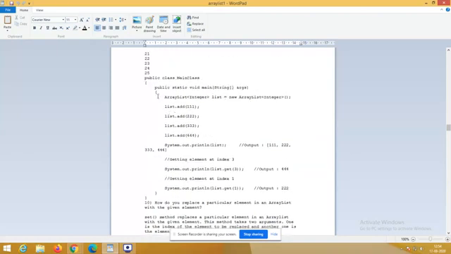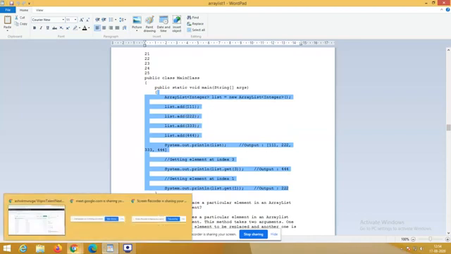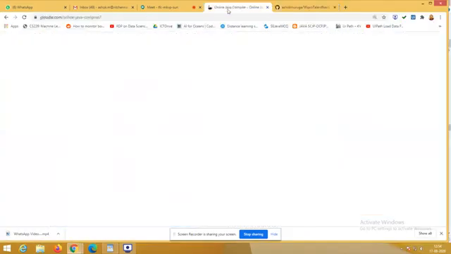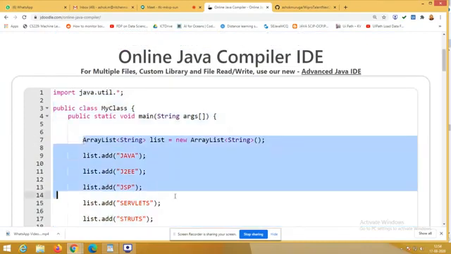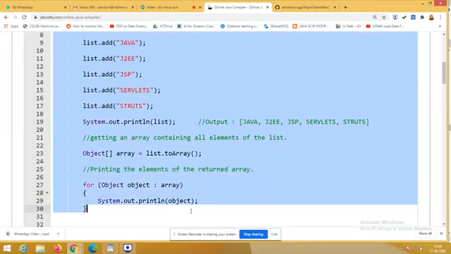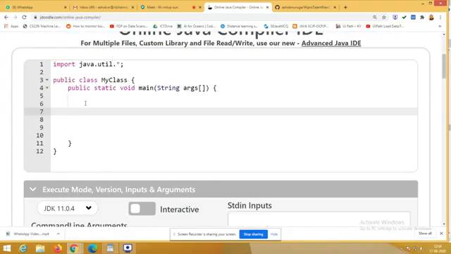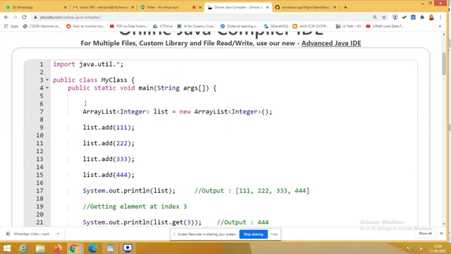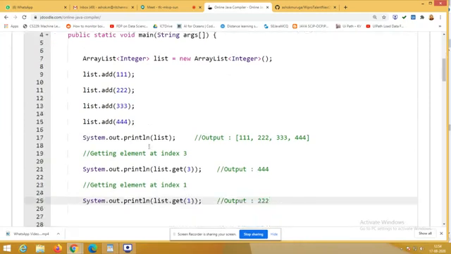So let's copy this program and go to Doodle. Here is an integer array list consisting of 4 elements.